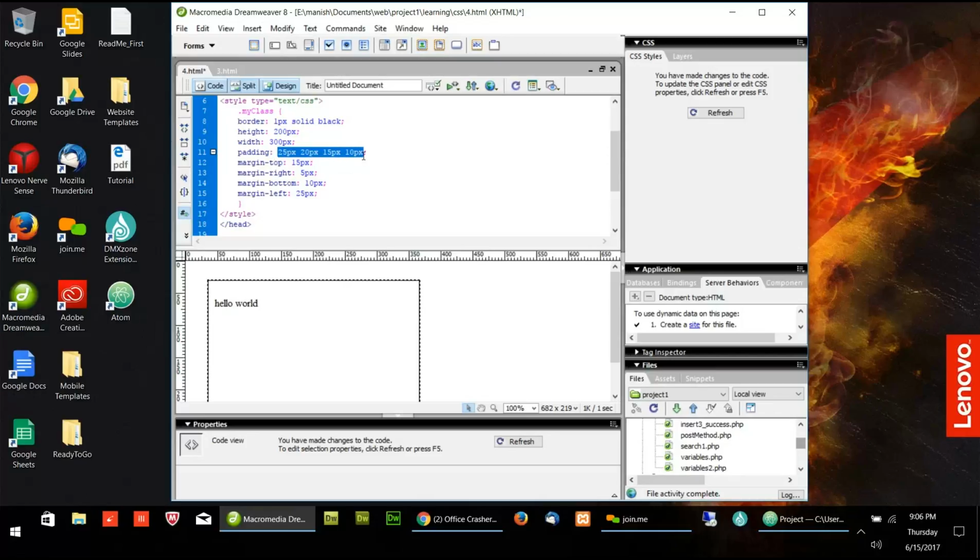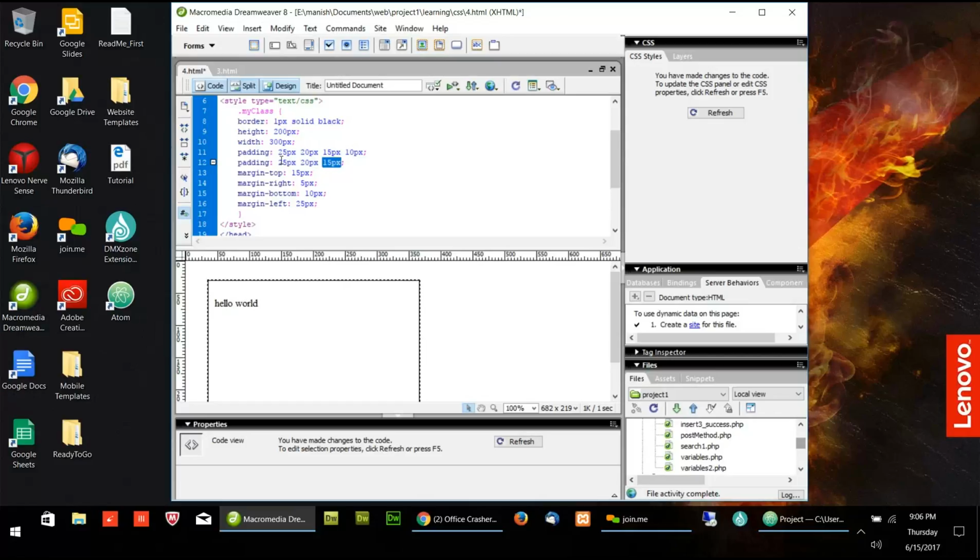If I put it like this, padding 25 pixel, 20 pixel, and 15 pixel, 3 different values. Here we have 4 different values, so we can say this is top, this is right side, this is bottom, this is left. But what if we have only 3 values? If we have 3 values, that means top is this 25 pixel, left and right are 20 pixel, and bottom is 15 pixel.